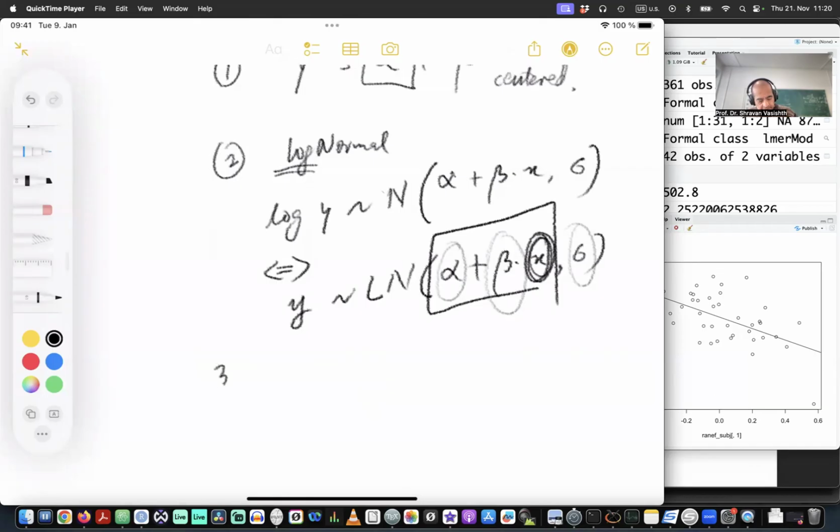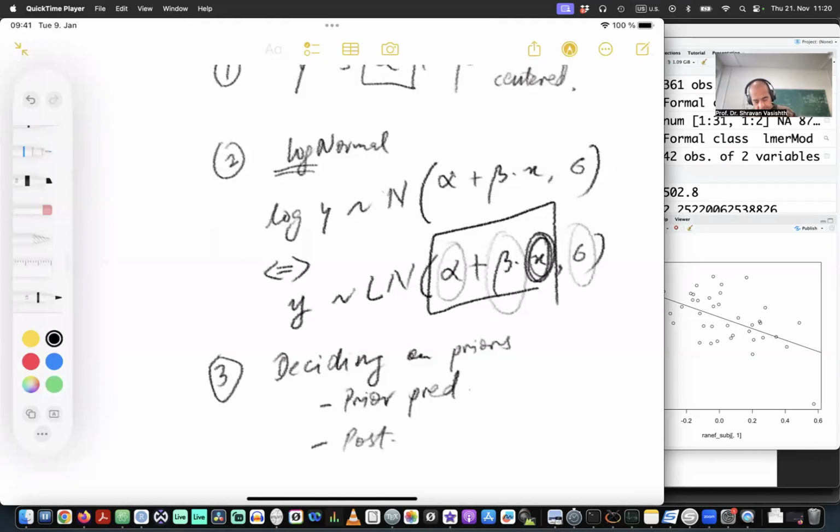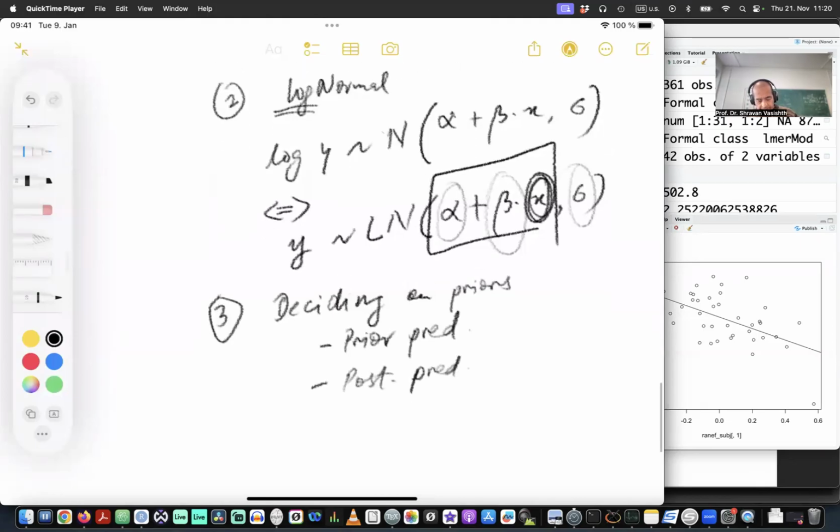And of course, then there was the other important idea of deciding on the priors. One important step for doing that is prior predictive distributions, right? And an important sanity check after you've observed the data is the posterior predictive distributions, right? So these can all be very useful. Of course, I guess I shouldn't have written it like this. So let me rewrite this. Sorry. What I want to say is that